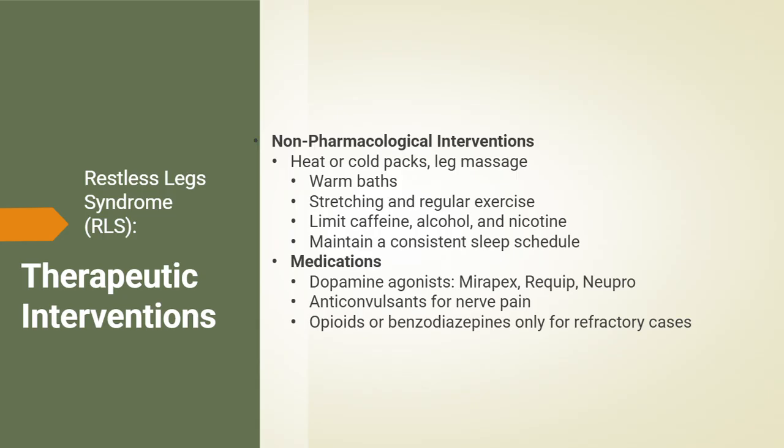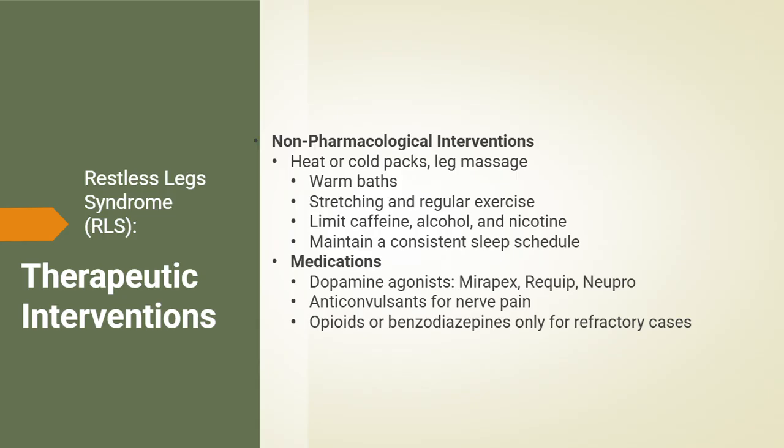In addition to comfort strategies, medications can be used when symptoms are moderate to severe or when they disrupt sleep. Dopamine agonists such as pramipexole (Mirapex), ropinirole (Requip), or rotigotine (Neupro) patches are first-line treatments because restless leg syndrome is linked to dopaminergic dysfunction in the brain. These medications help regulate dopamine levels and reduce the urge to move the legs. However, they must be used carefully because long-term use can lead to augmentation, where symptoms become more severe or start earlier in the day.